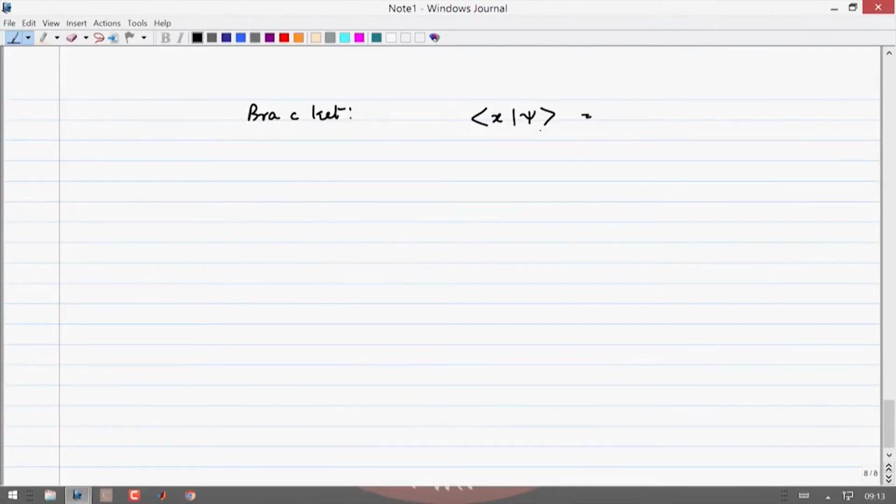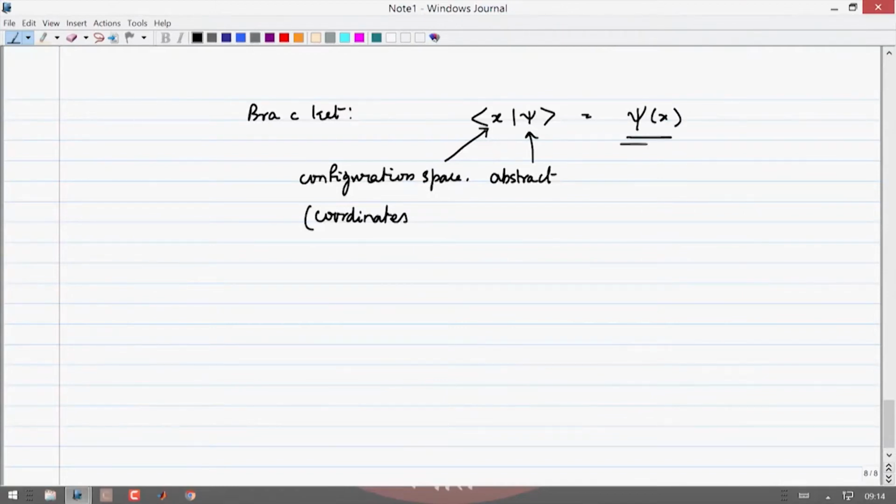It is a projection of the abstract vector psi into what is known as the configuration space x, meaning coordinates, length, position, whatever you talk about. So, these are coordinates. It is the projection of the abstract psi onto the coordinate axis, which gives you the wave function psi of x. And we have been working with these wave functions till now, but this is the notation for psi of x using the bracket,